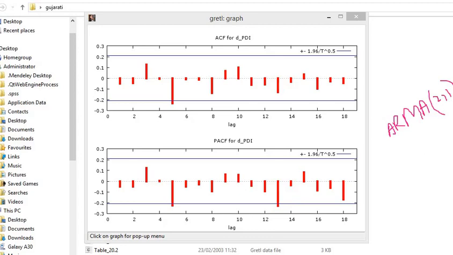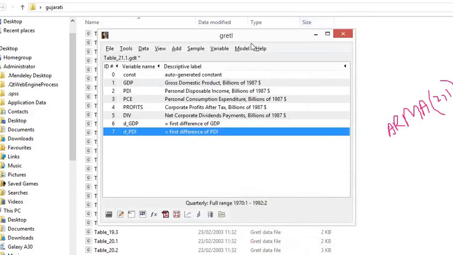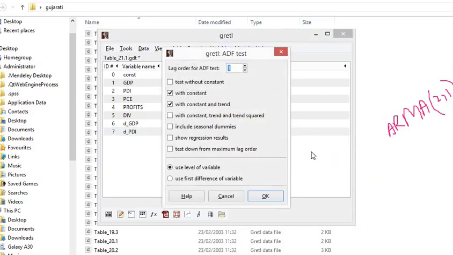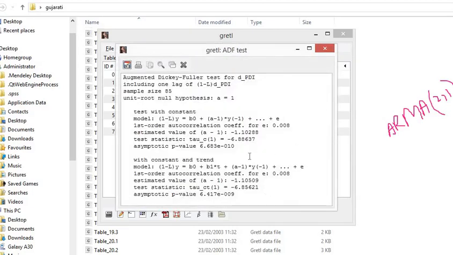And now if I want to check whether my data is stationary or not, to check the stationarity of the data I would go towards variable, then click on unit root test and augmented Dickey-Fuller test. Let's suppose this is order 1, we can use the level of variable, constant and drift, yes, okay. And now my value is 6.6 power e minus 10, which means that the p value is now less than 0.05,